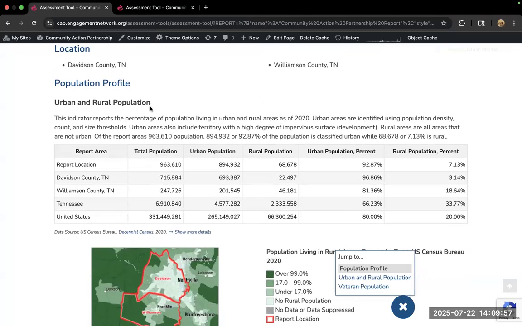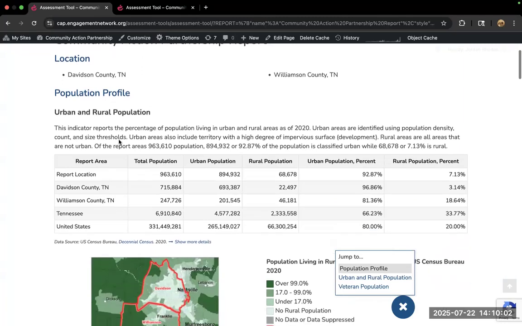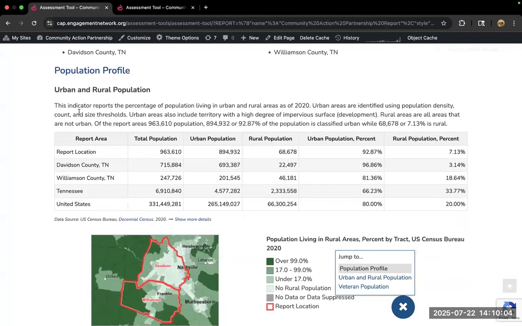And then for every indicator we selected over in step 2, we are going to have a bold heading. Beneath that bold heading is going to be what we call a stem sentence that is going to give you some kind of contextual information about that data as it applies to your selected location. Now note that some of our data sources collect data in kind of funky ways. And so if there are any interpretation notes that we think you need to be aware of, they're going to be found in this stem sentence.